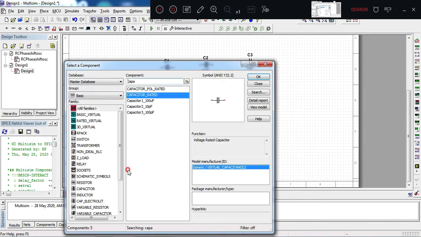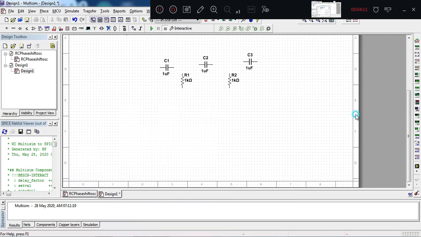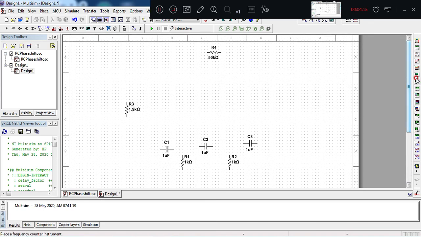Press escape to close it. We need an oscilloscope, 2 channel, so we take that also.